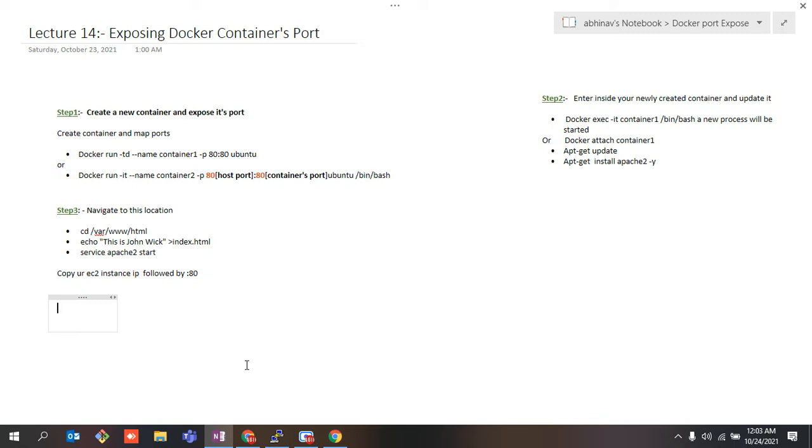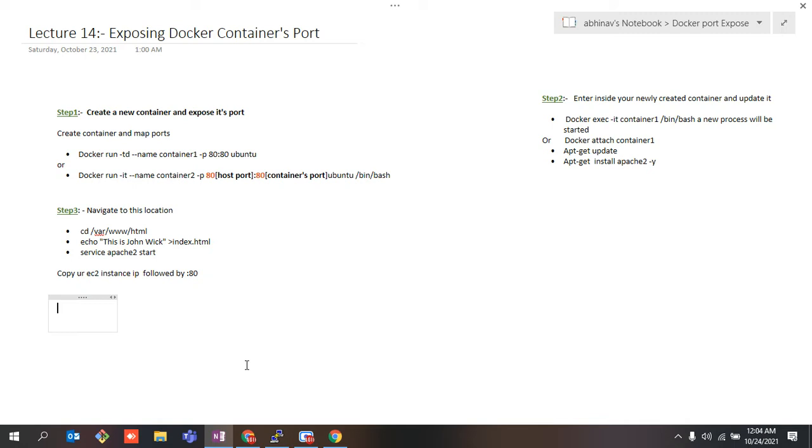In the same way, these ports also work. They need to be enabled so that a certain form of communication can be established from one way to another. Or if somebody wants to access something on your computer system, your ports should be exposed. So this is the reason why we need to expose the ports of a Docker container. Because our Docker container contains our application, and that application needs to go out, meaning it needs to interact with the internet, right? So that people can access my application which is running on my Docker port, right?